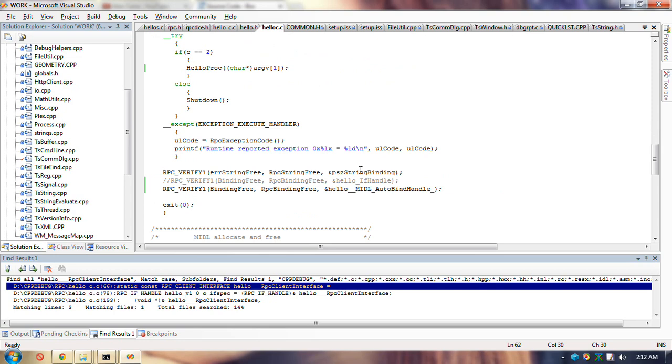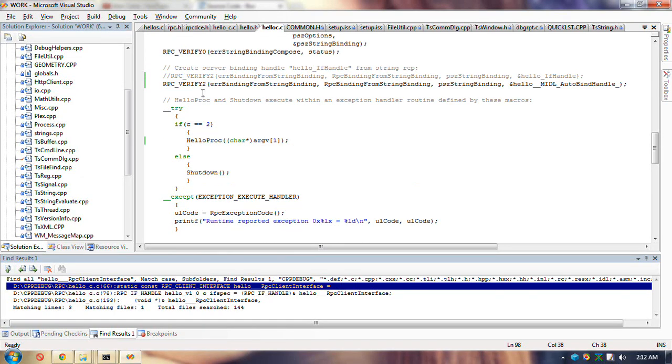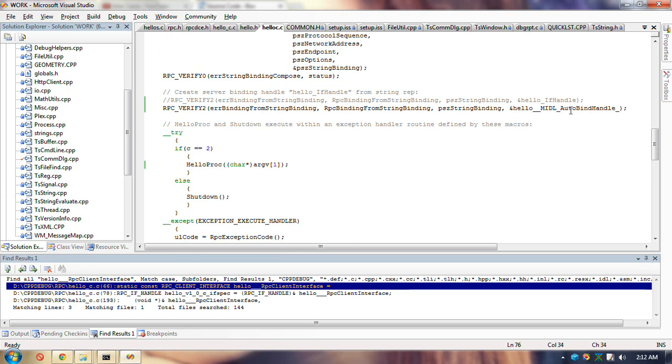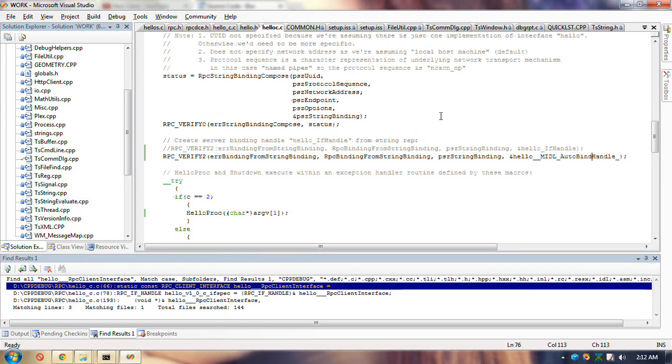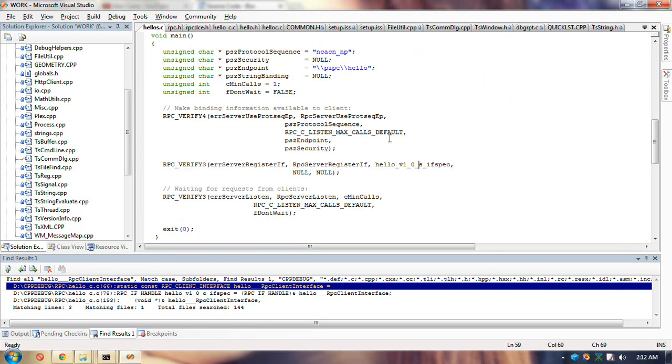Whereas this thing is using the handle for creating a binding handle, just creating a handle. This doesn't create this thing. It's being passed in, and it's the address of. It's not a handle at all.